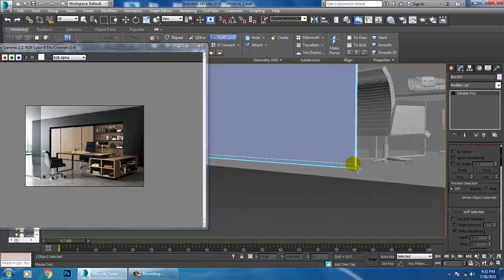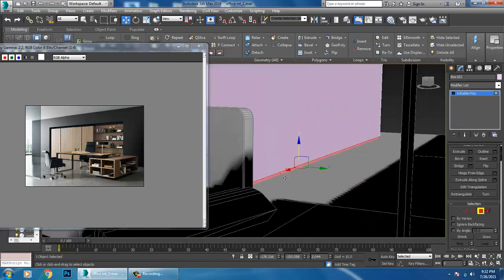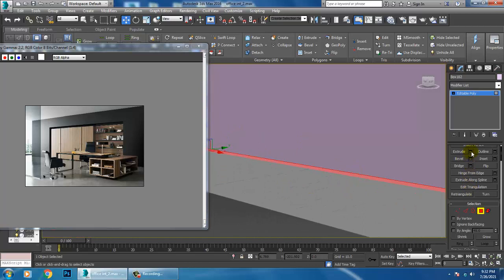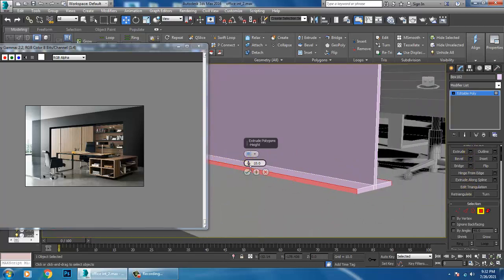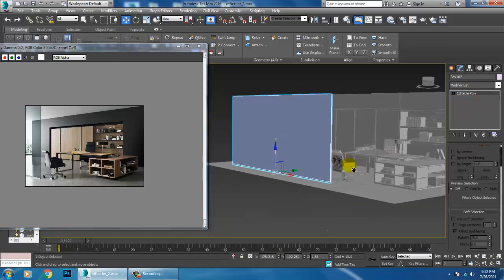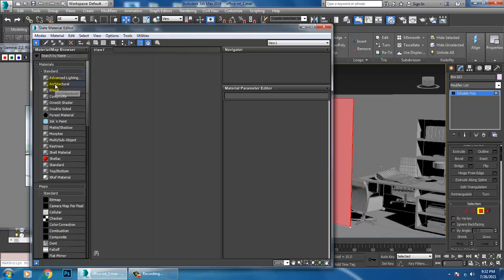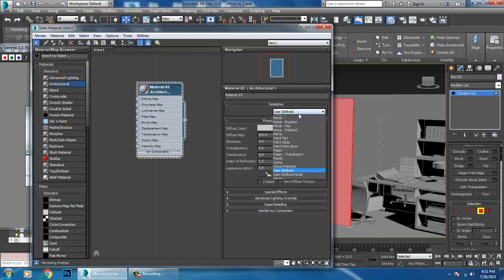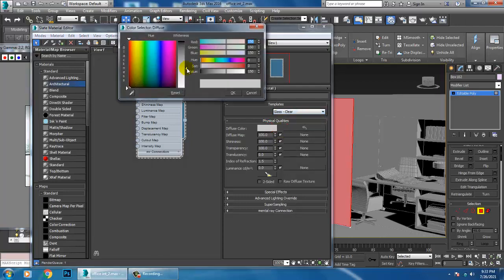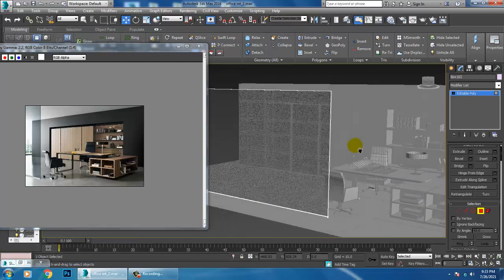Use a swift loop, select the polygons and slightly extrude that. Select the polygons again and add a glass material over here. Alright, looks much better now.